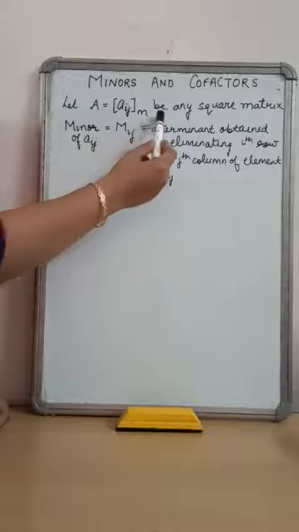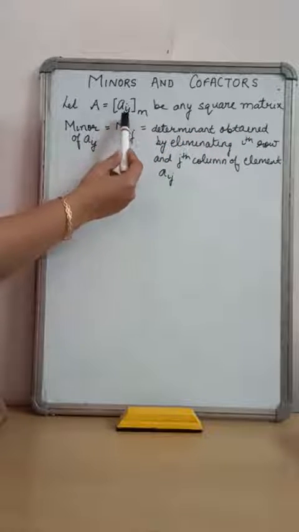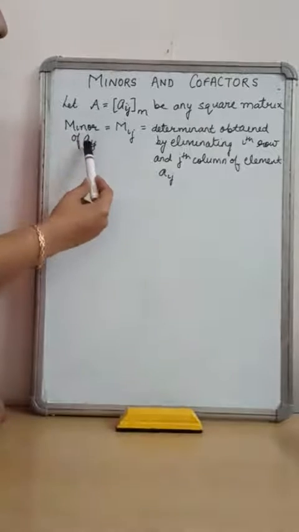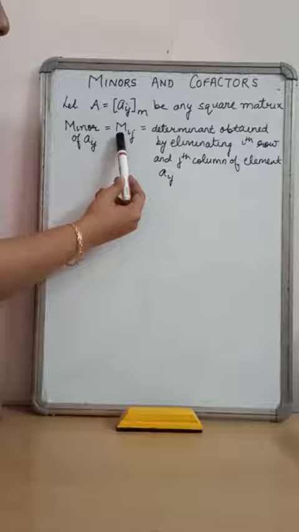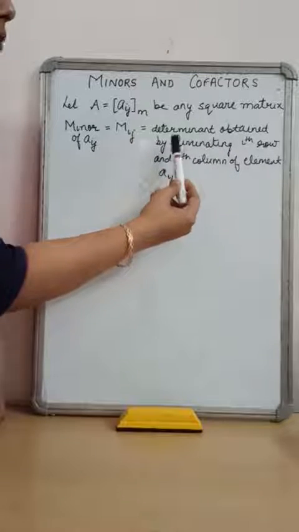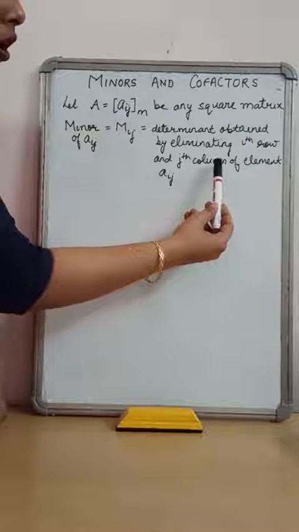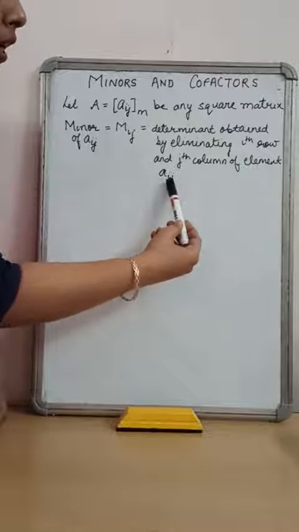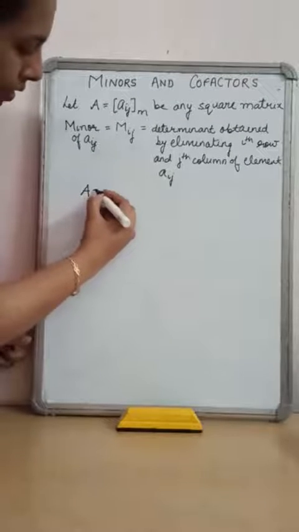If A is any square matrix and its elements are represented by Aij, then the minor of a particular element, say Aij, is denoted by capital Mij, and is a determinant which is obtained by eliminating the ith row and jth column of the element Aij. That is, if I write A as suppose